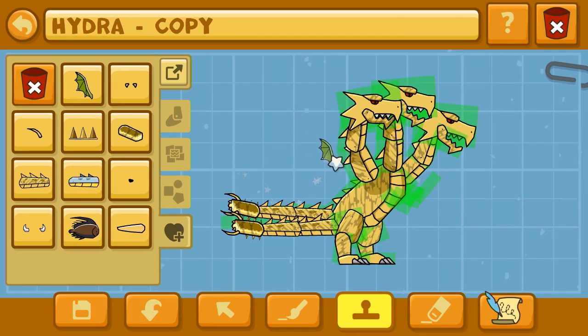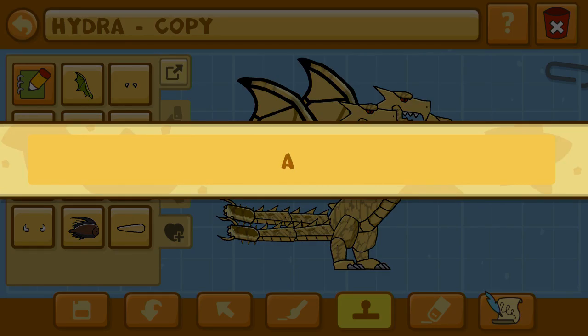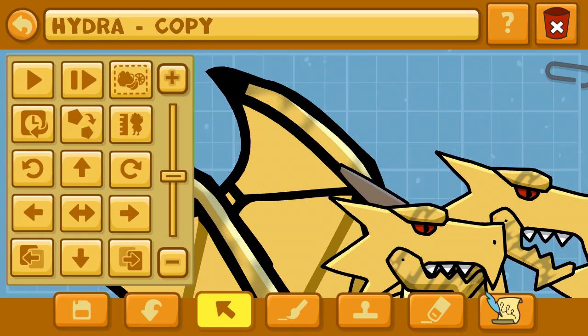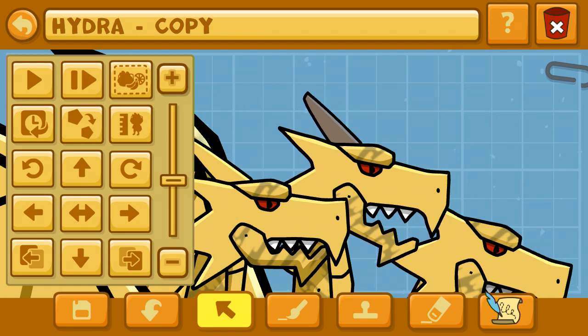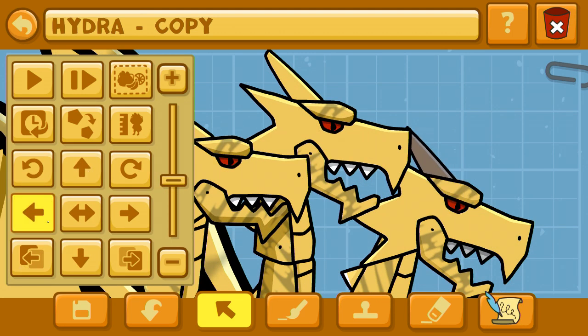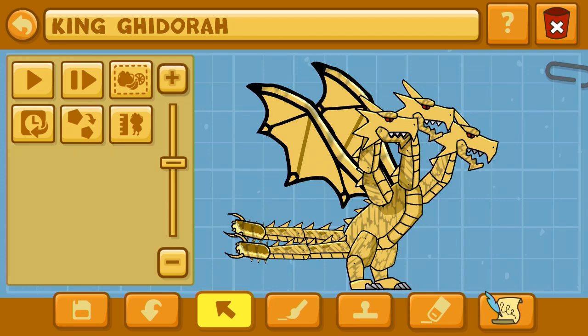I mean, I guess it saves you a little bit of extra work, but we do want to make these designs accurate, so that's obviously very important, but I think we can do it all with just one object right here because the HYDRA has those three heads, three necks, all that stuff. Okay, there's the stamp limit reached, actually, which is fine. I think this is actually going to look okay because we got the dragon wings on there. We got that Allosaurus tail for some more spikeage there on the heads of Ghidorah,